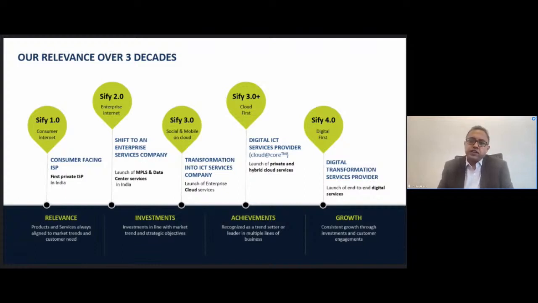And when we say digital, it's a different discussion. We say digital in a different way. We say digital in an enabling way. We say digital in creating a foundation. And that's what we are trying to say in our Sify 4.0, where we are talking digital first and enabling our partners and clients, both sides, to transform and then take those digital initiatives to make it happen. And that's what I'm going to cover in the next slide,